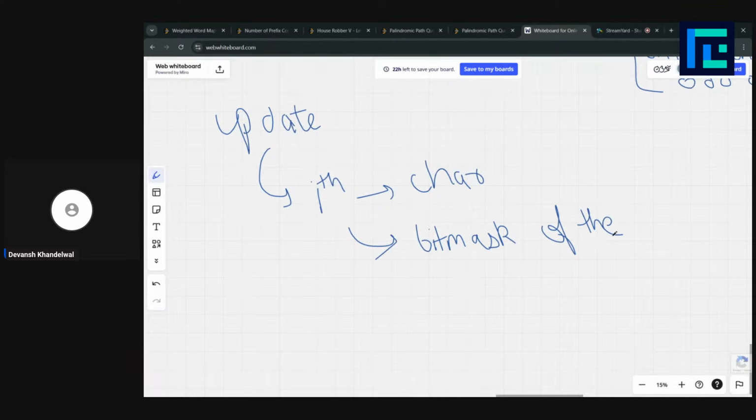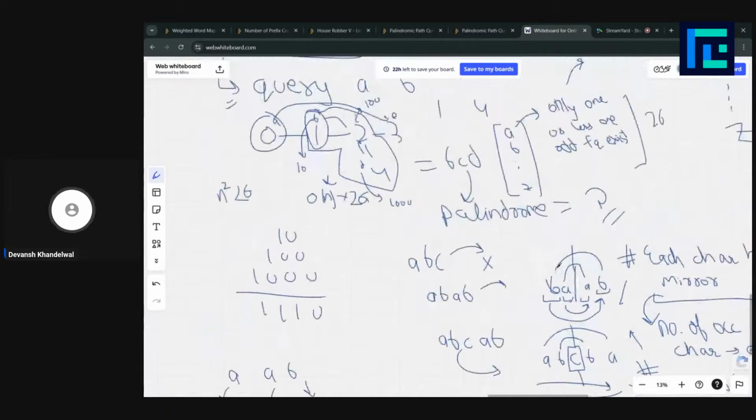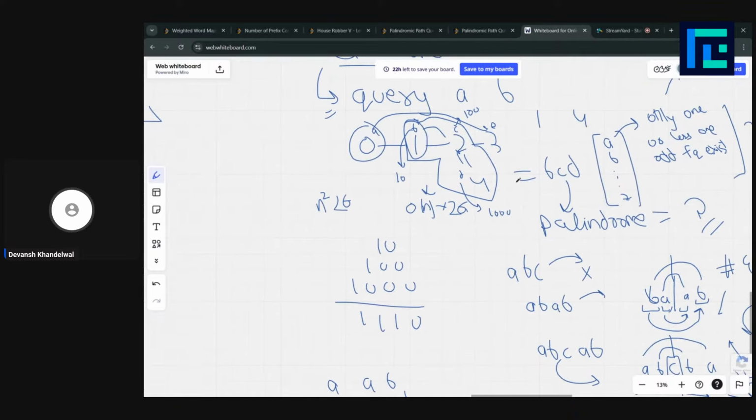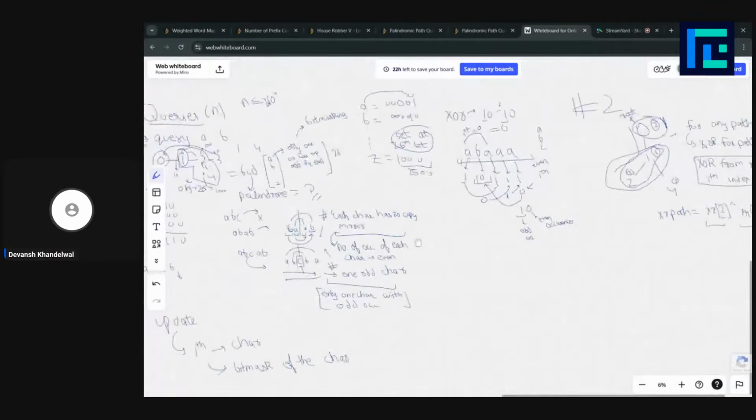Using this observation of XOR and basically replacing these characters with their bit mask, we manipulated the problem to a numbers problem, right?